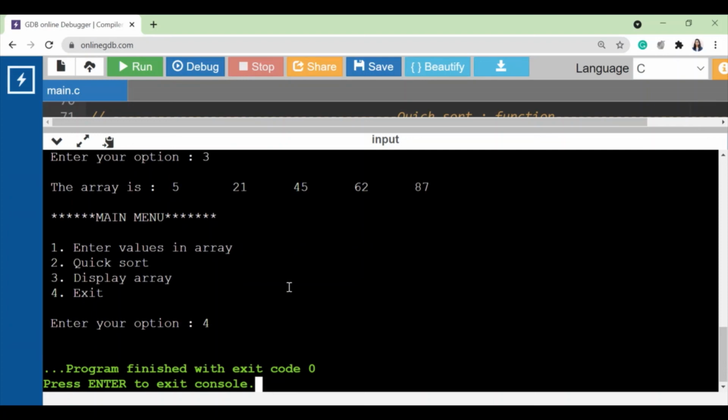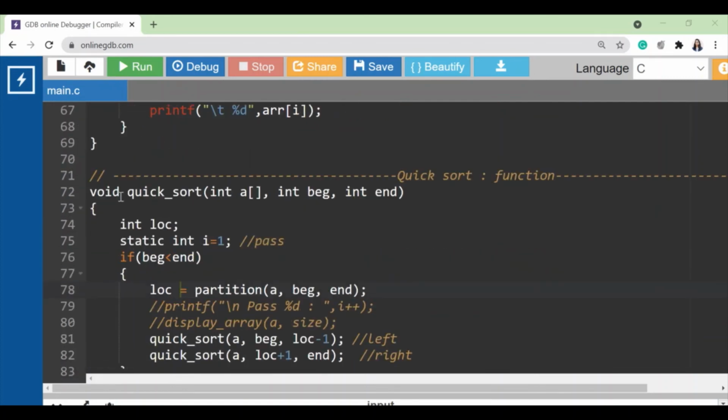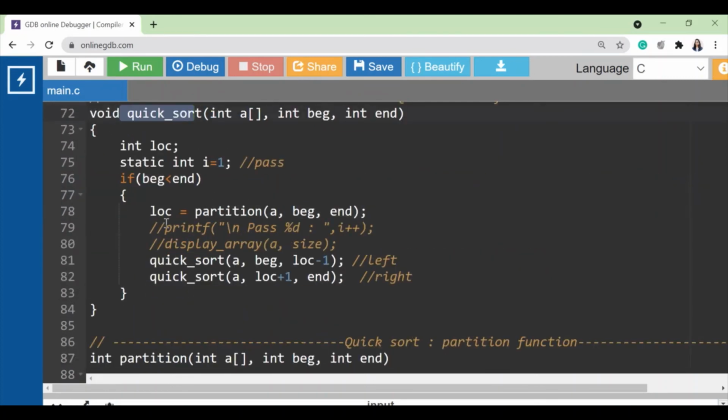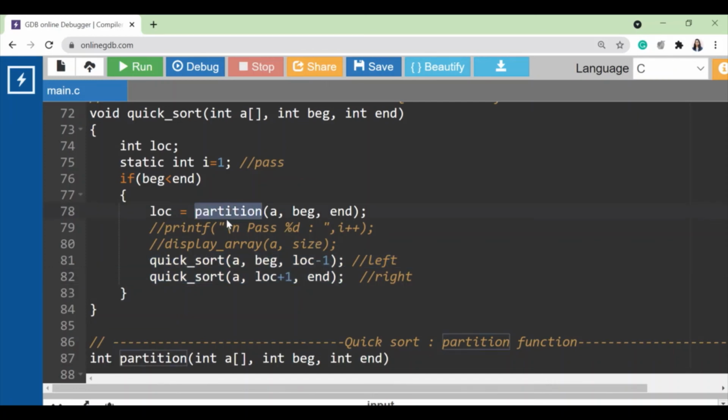Now if I want to see what is happening at each and every pass, I can check that. Okay, so now if I want to see each and every pass and what happens to the array after every pass, I have to go to the quick sort function definition. In this, wherever I'm applying the partition function, after applying the partition function, one pass is over, and here we are calling the next two passes, that is to the left side and to the right side. So after the end of the partition function, we have to put these two lines.